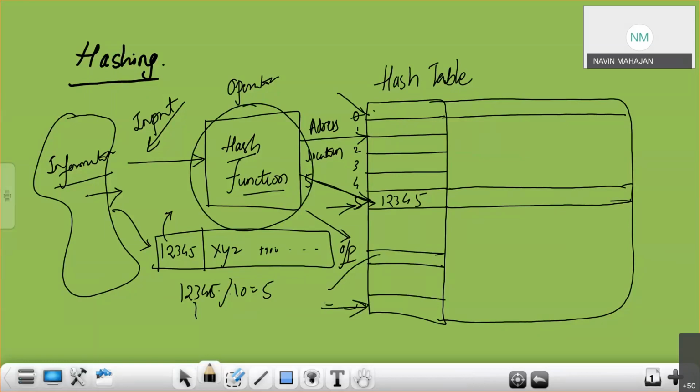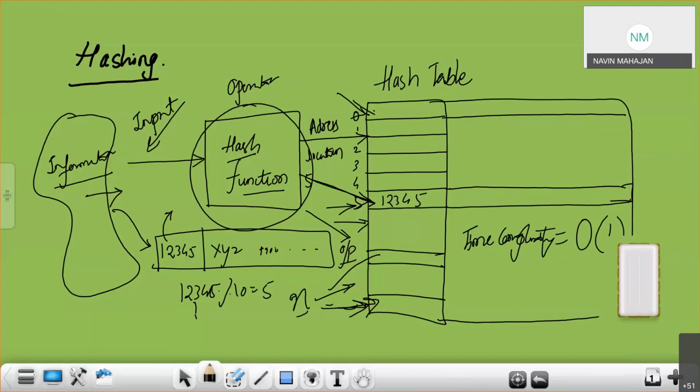So that's why the time complexity of hash function, how much is it? Time complexity of hashing is O(1), a constant time, whether I'm accessing the first location, the last location or the middle location, the time is always the same. It doesn't matter what the size of n is. It doesn't matter what the size of your data or hash table is, because when I apply a hash function, directly I'll get an address location in the hash table.